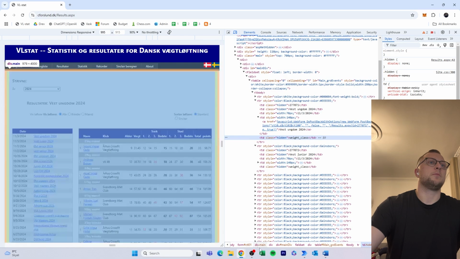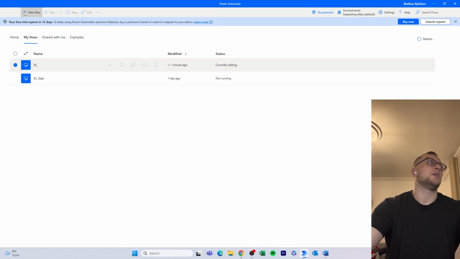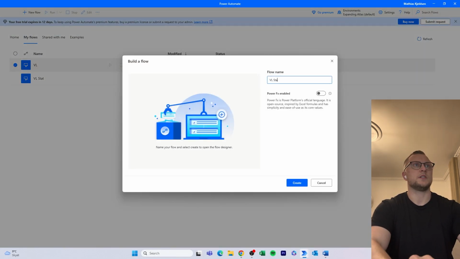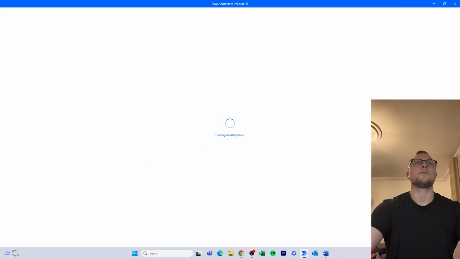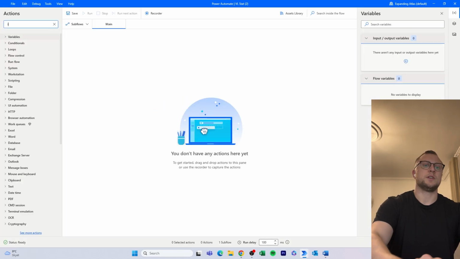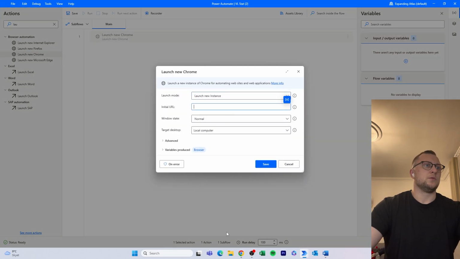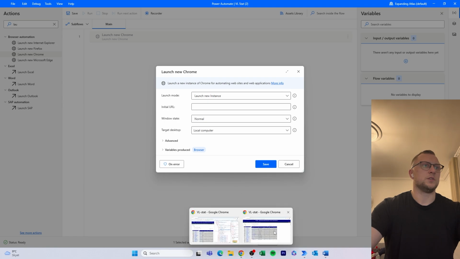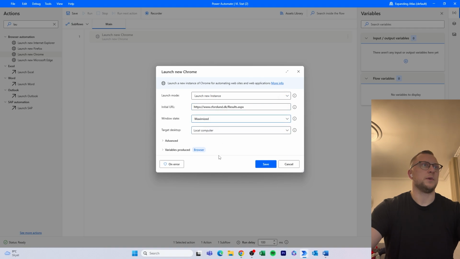We do so by going to Power Automate Desktop, and we create a new flow, and let's call this VL step. No need to have Power FX enabled for this instance. And then we simply launch a new website or launch a new Chrome browser. We give it a URL, which is this. So we open that in a maximized fashion,